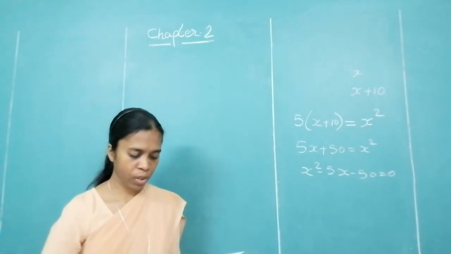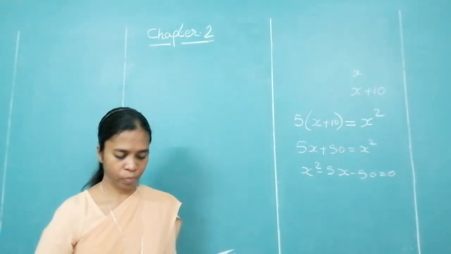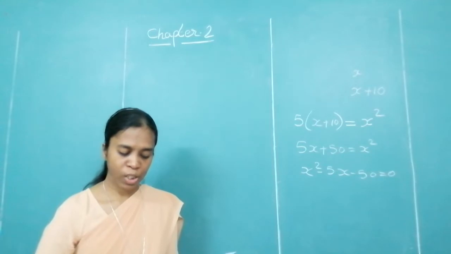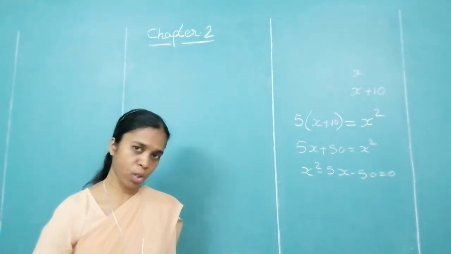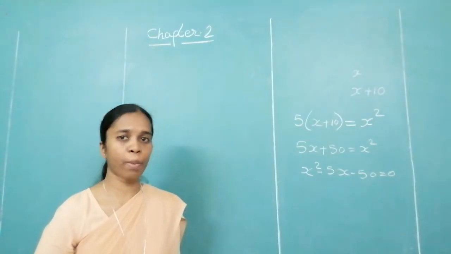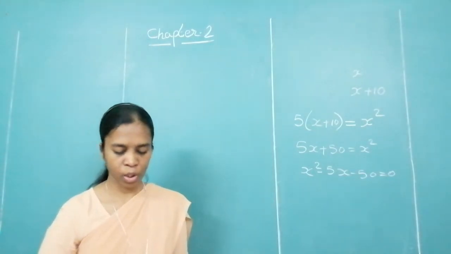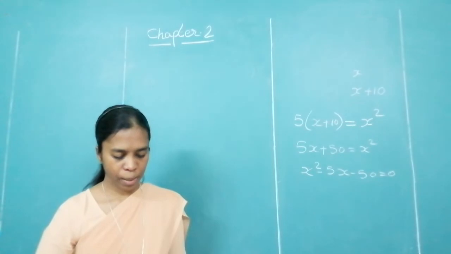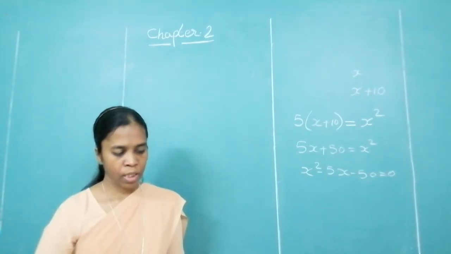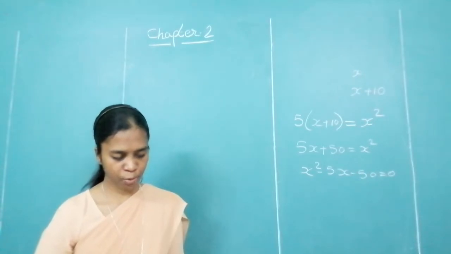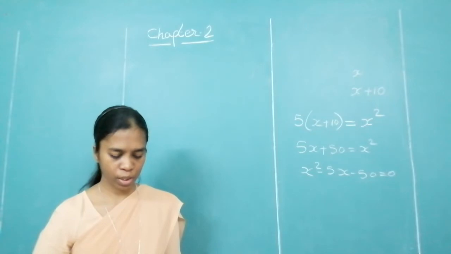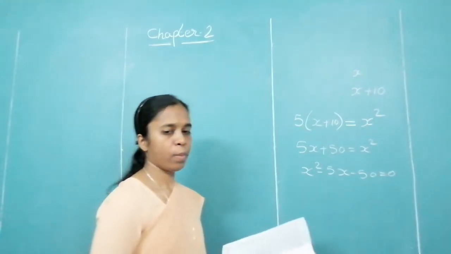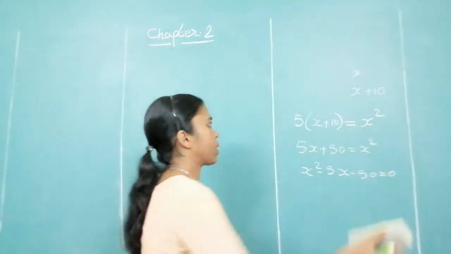So what shall we consider as x? Look above and see what connection they have given. Production cost of each pot is 40 rupees more than 10 times the number of pots. So what should we consider as x? Number of pots he makes per day. So write the first statement. Let the number of pots made each day be x. Therefore, next one, the cost of each pot, where the number of pots is x.